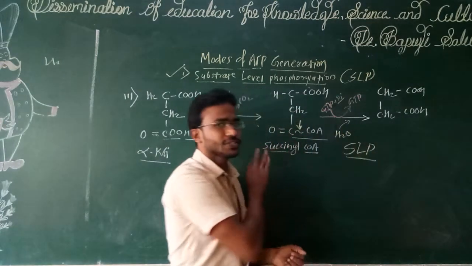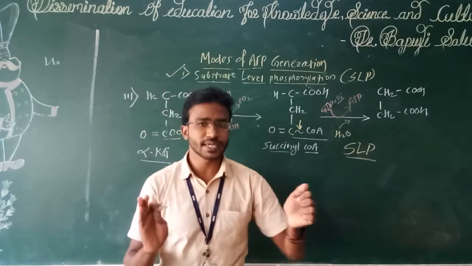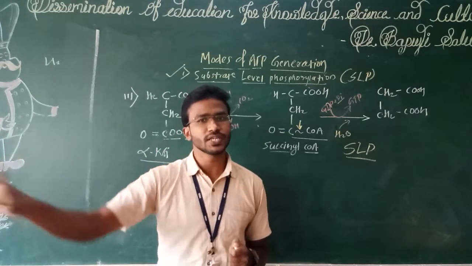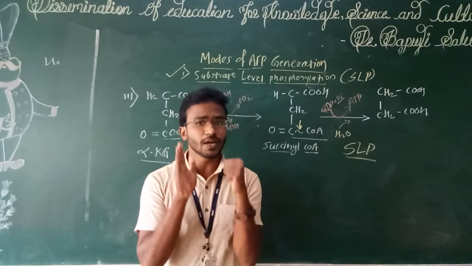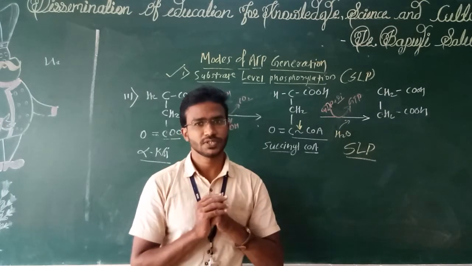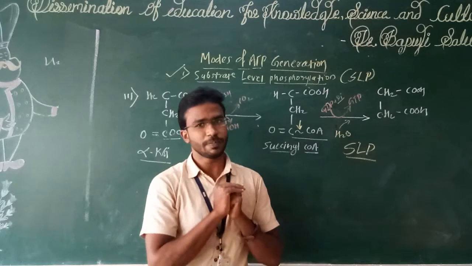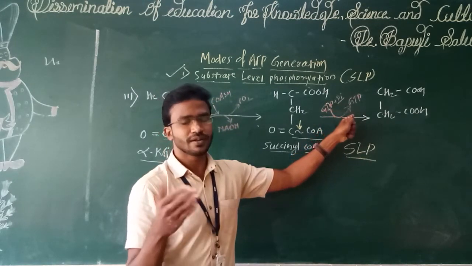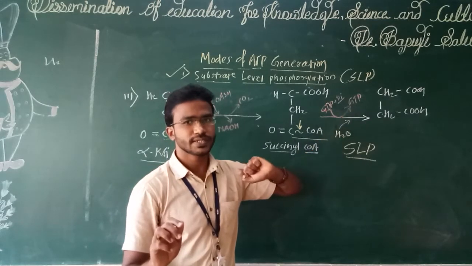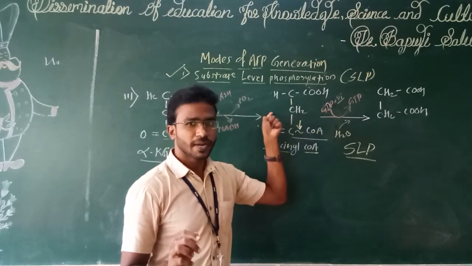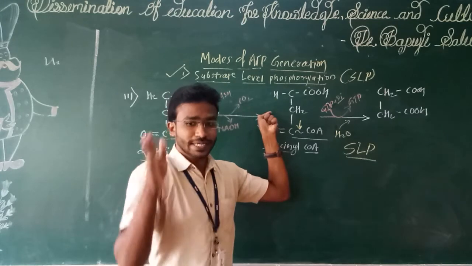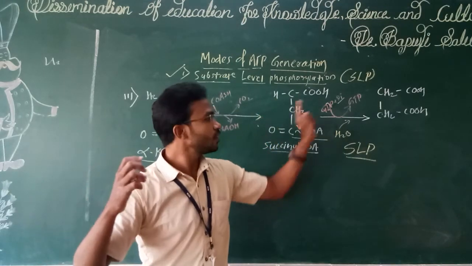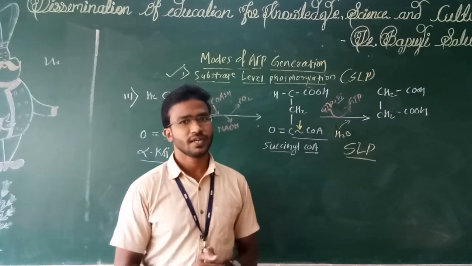इथं काय झालं बघा या रिएक्शन मध्ये, सबस्ट्रेट हायड्रोलाइज झाला किंवा सबस्ट्रेट ब्रेक झाला, फॉस्फेट रिलीज झाला नाही, एनर्जी रिलीज झाली. Enough amount of energy is released to add phosphate into GDP, and here the GTP is synthesized, means ultimately ATPs are synthesized by catabolism of substrate. So directly substrate पासून energy generate झाली, ATP generate झाली किंवा ATP synthesize झाला. So it is an example of substrate level phosphorylation.